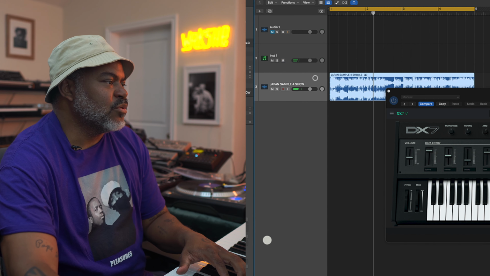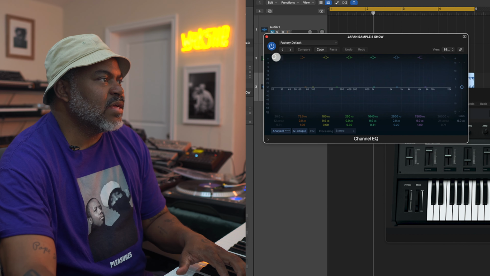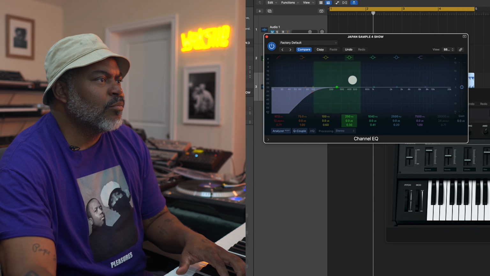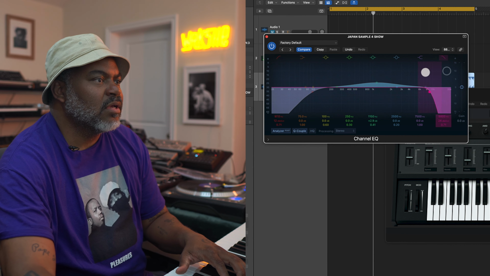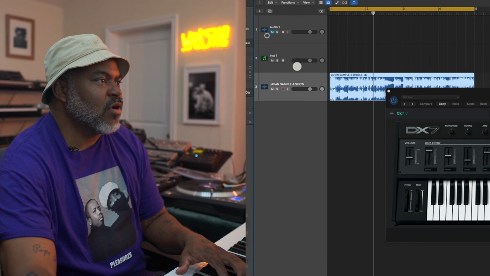So now what I'm going to do is I'm going to take out some of the bass of that sample, push up her vocals a little bit, filter the top of it off. And then I'm going to add some strings to just add the drama. But the point is now that I'm in a key that I can manipulate, that I like the sound of, and I really want to start isolating the vocal in the sample and then building an original track from that